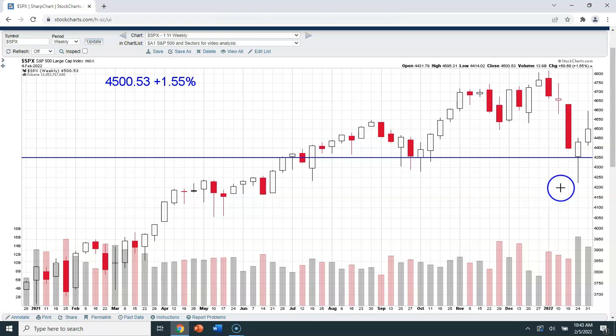So, with that said, we can see here that during this downturn, and remember, the weekly closes are more important than any individual daily close, all right? So when we do this analysis using weekly candles, we can see that we had some trading below the 43.50 level, and we'll zoom in and take a look at that on a daily basis here in just a minute or two, so that we can really tell what happened. But we can see that the body of the candle, right, is all above 43.50, and we can see that we closed well above that 2 weeks ago, and then this week again we closed at